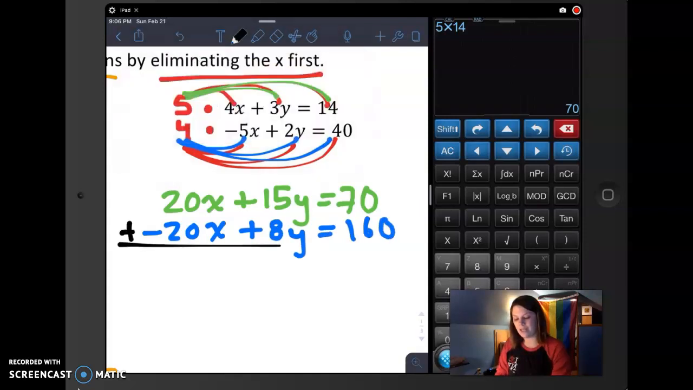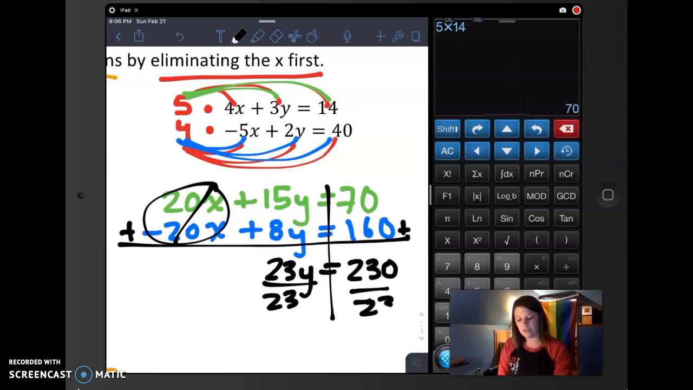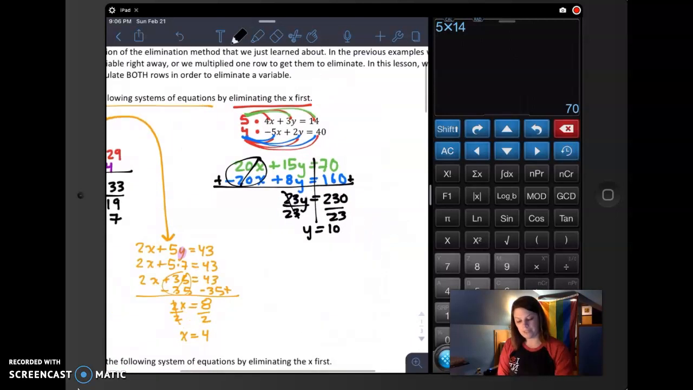And now we get to make that cute little one-step equation. Eliminated that. We get 15 plus 8. That's going to be 23. And 70 plus 160 is going to be 230. Divide both sides by 23. And we get y equals 10. Oops, I did not set myself up for success on this one. Oh well. So 10 is our y,